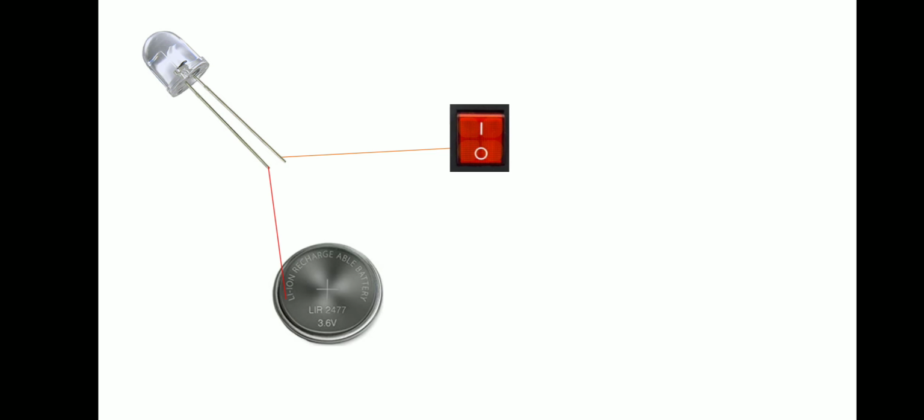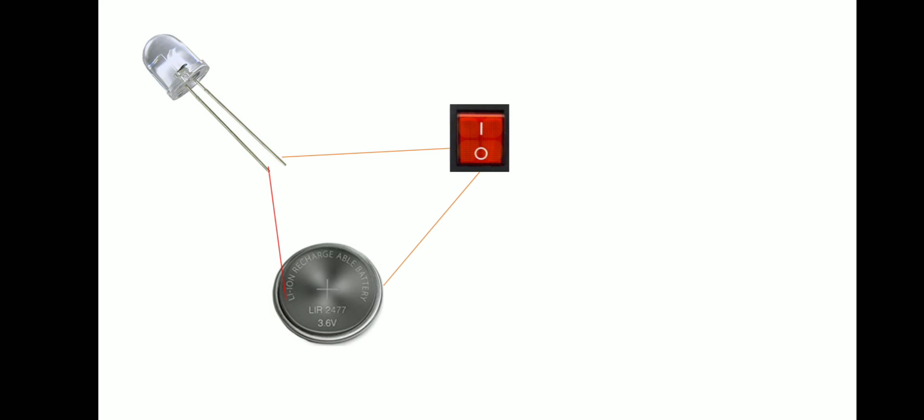Now we are going to attach the battery, that is the coin cell. So to the other end of the wires, the negative side, we are going to attach the battery. Now we are connecting both the switch and the cell. Now we have created the closed path, which means everything is connected together, there is no opening.